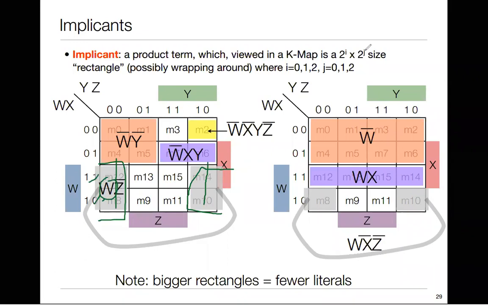Now, how will you write the next element? Vertically, I have solved and I have told that it is W. Now, horizontally, it is this particular cell and this particular cell, because this is related to this one and this is related to this one. Now, in this, what happens? 0 and 1, the first one will get cancelled. What is left out? The second 0 will be left out. 0 is equivalent to Z bar. So, when we group this quad, the implicant will be equal to W into Z bar. So, this is one example.